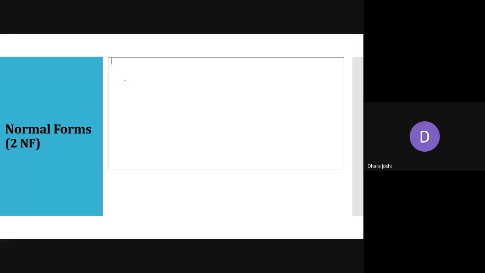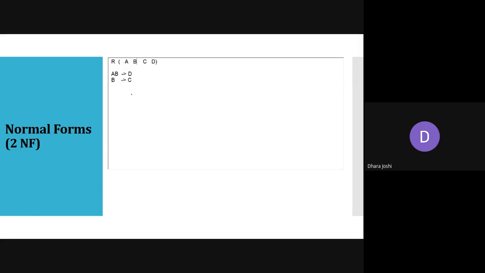Okay. So we are taking one example. First you look at this and identify what we are doing. In this relation, we are having 4 columns, A, B, C, and D. We know what a functional dependency is. Suppose I am telling you AB determines D, or B determines C. What does it mean? If I am having both the value of A and B, only then can I get the value of D. And if I am having just the value of B, I can get the value of C. These two are the functional dependencies which we are having.